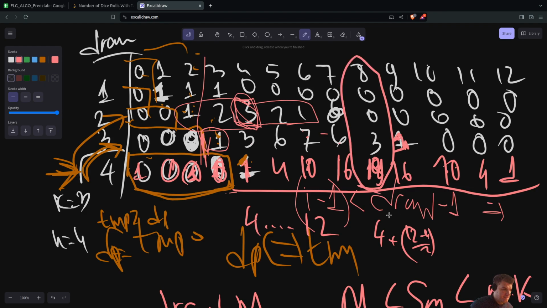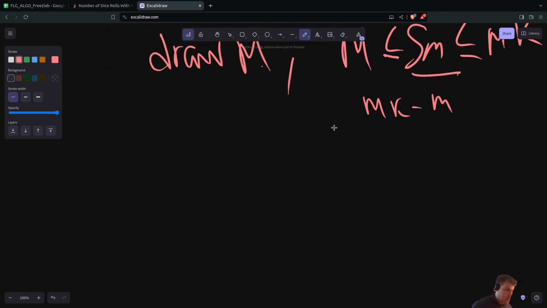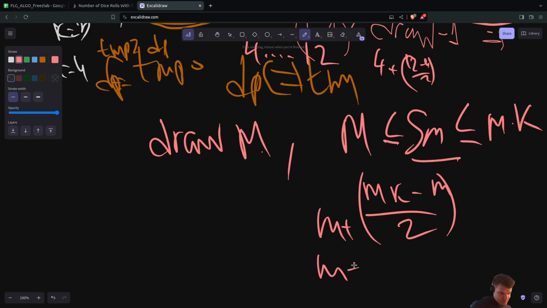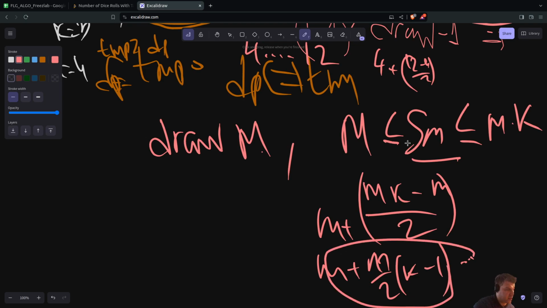That's true. So as soon as I reach mk minus m over 2, and then m plus (mk minus m) over 2, as soon as I reach this point, I can just start reflecting the array